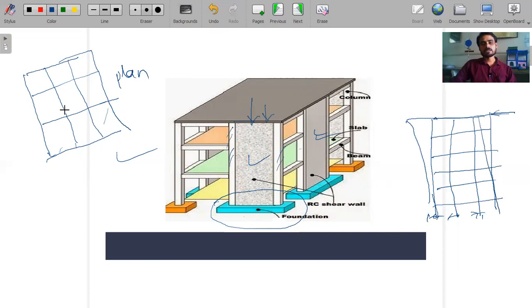We only place the shear wall on the area of the lift. If that is not sufficient, we can place some extra shear walls anywhere else, and the shear wall detailing is specifically shown on the drawing with dark sets. If we are placing a shear wall here, the details will be described here, including how much length of shear wall will be constructed. If we place shear walls at different locations, it will be clearly described on the drawing, the location of the shear wall, right?